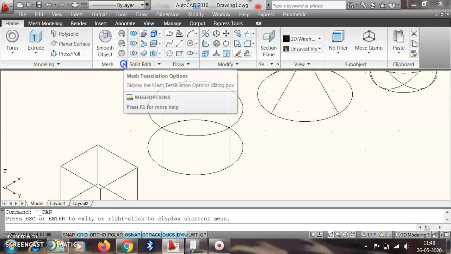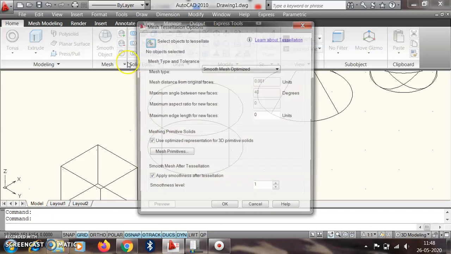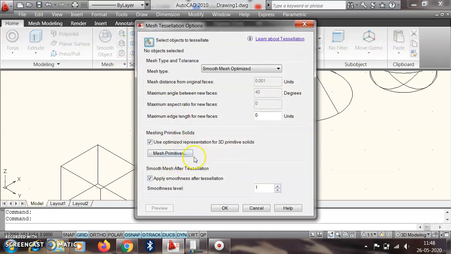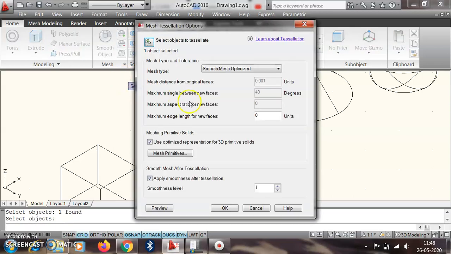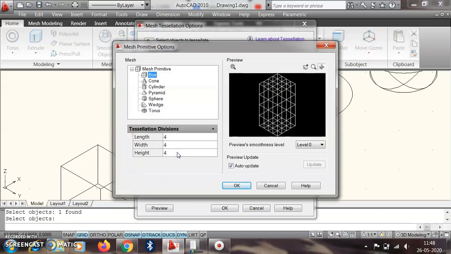In that case, go to mesh, click here, and select the object, then enter, and go to mesh primitive options. In mesh primitive, how many divisions do we require along the length?